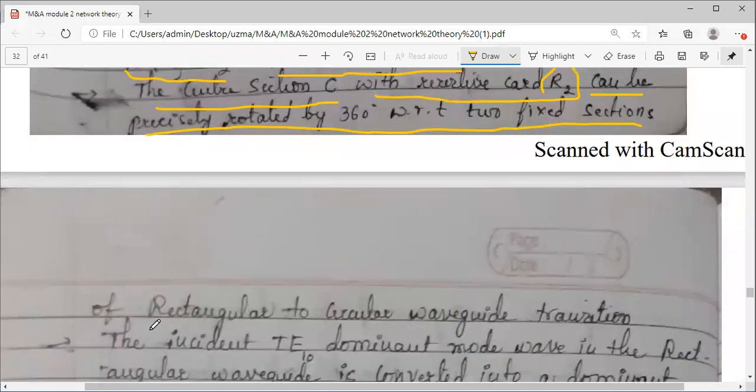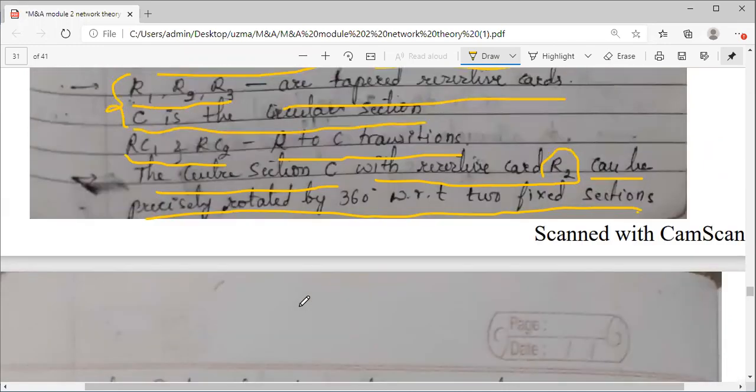Okay, so the center section C with a resistive card, it can be precisely rotated by 360 degrees with respect to two fixed sections of rectangular to circular waveguide transitions. The meaning of this is,